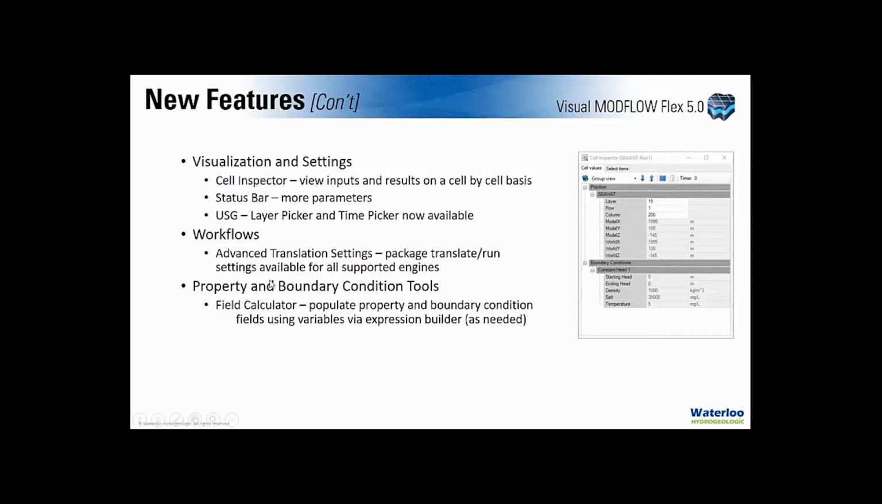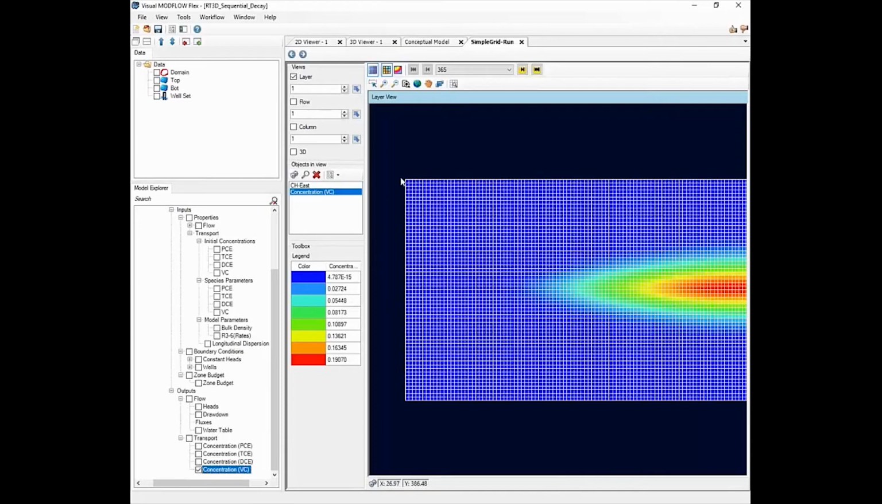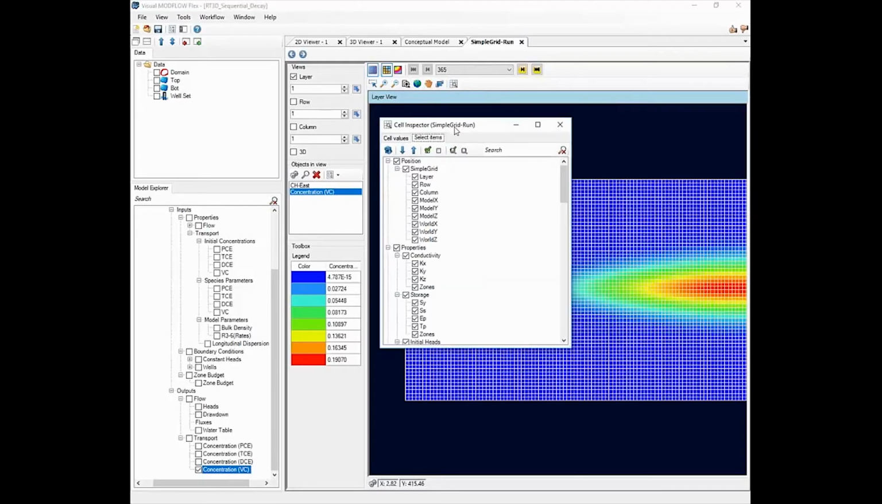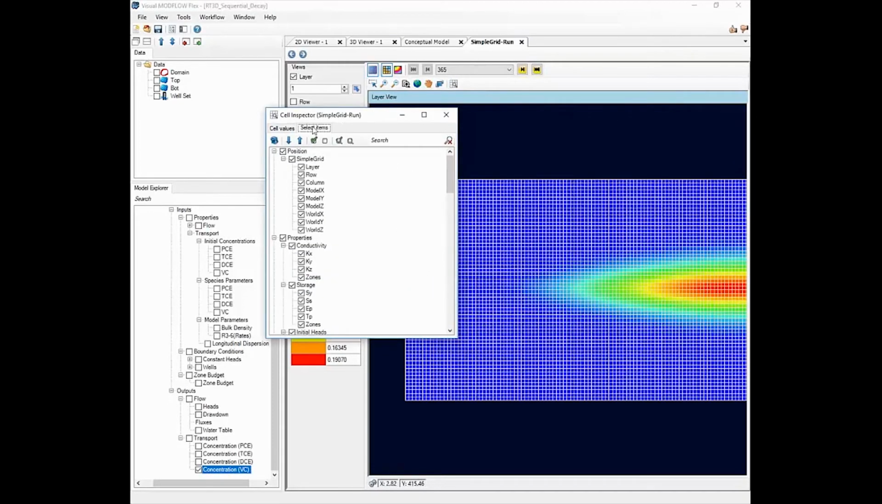And then there's property and boundary condition tools we've added in a field calculator, and I'll demonstrate that shortly as well. So let's go back to Flex. The first one is the cell inspector. In any of the viewers associated with a workflow, the cell inspector will show up right here in your toolbar. You can click on it, and it'll pop up a new window that's the cell inspector window that's specific